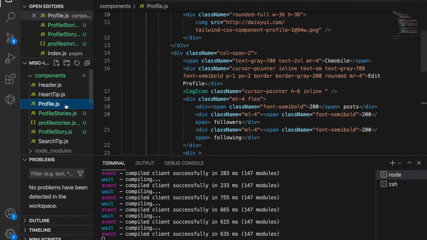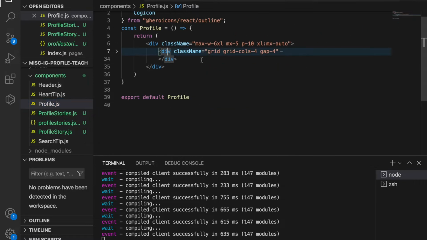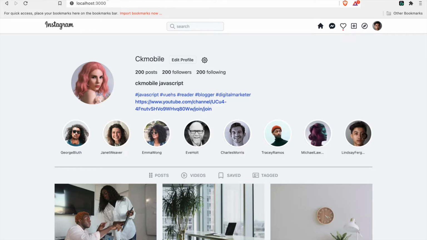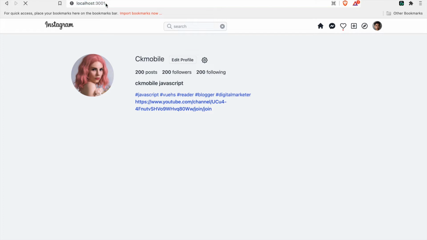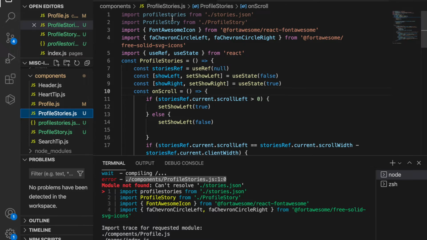to the profile page, and under this div we are going to import the profile story, and then we also import this on the top. Now we can go to our page and refresh to see what happened. Now we can see there are mistakes on the profile story, so we can go to here to see what happened. This is because we do not have profile stories,